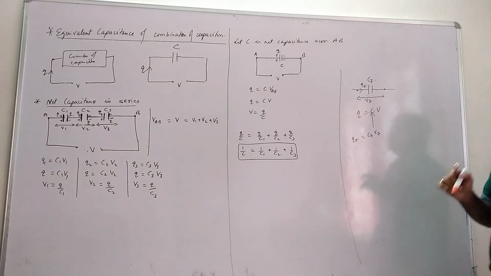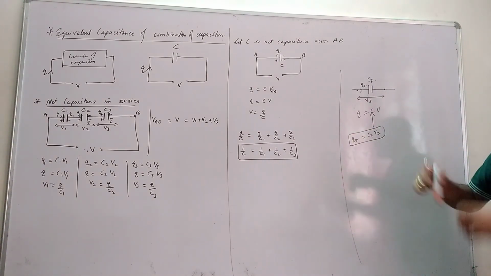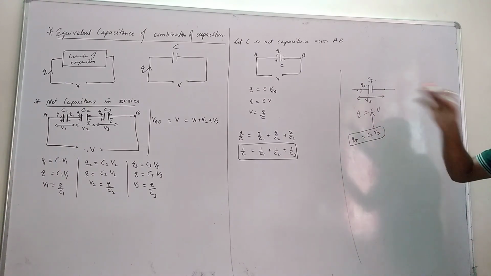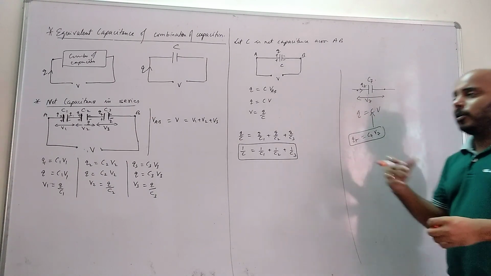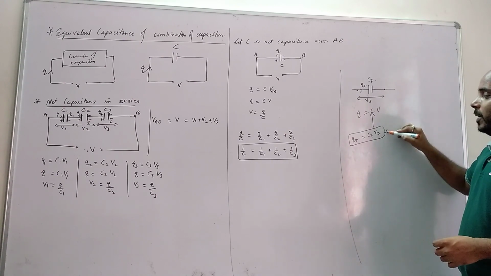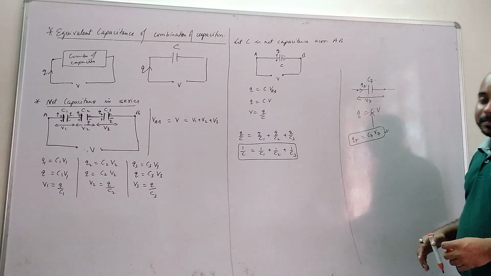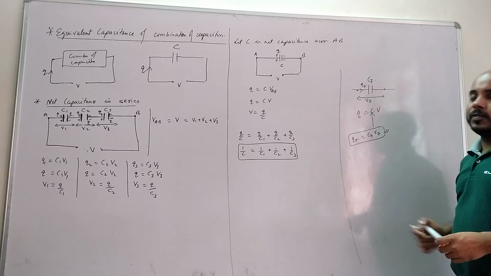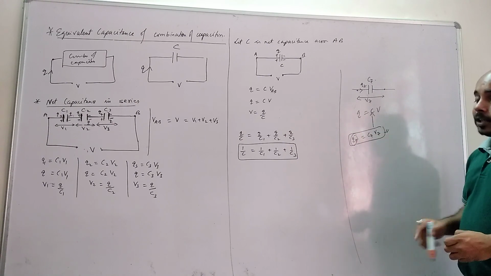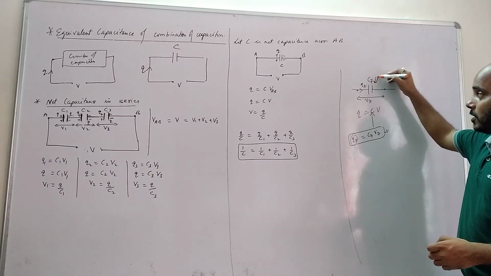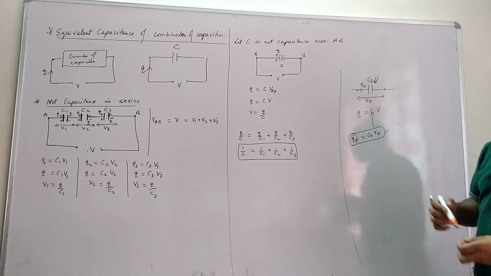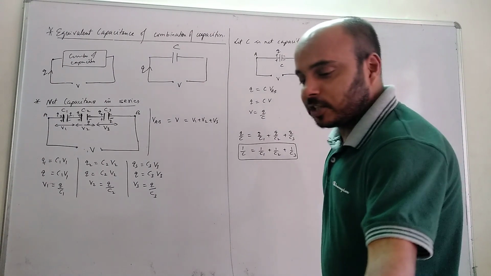Always, in any numerical, we write it like this first, and then we compare with the system we have. Whether Q7 is Q or 2Q or 3Q depends on the topic, figure, or circuit diagram. But we start from here. First we select the capacitor, then we apply the formula, then we check what Q7 is. Q7 is the charge inside the capacitor we are dealing with. V7 is the potential difference across that capacitor. You cannot take any potential difference as you wish.